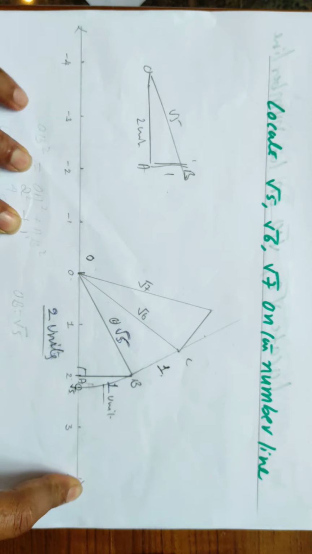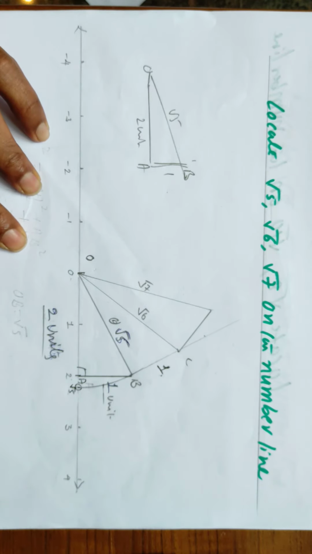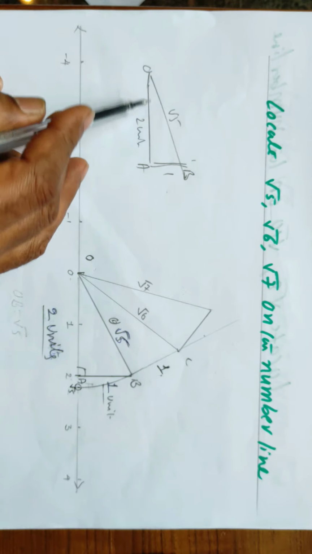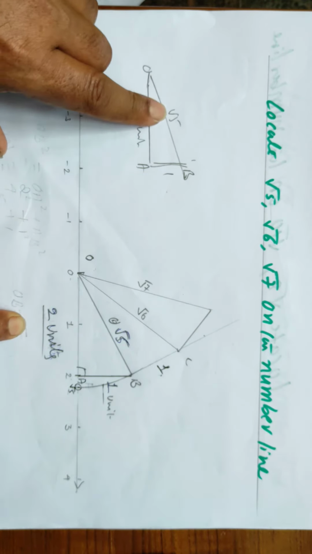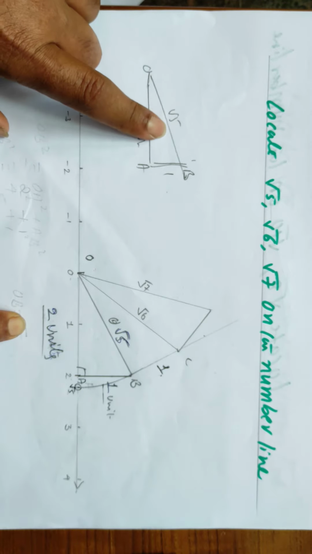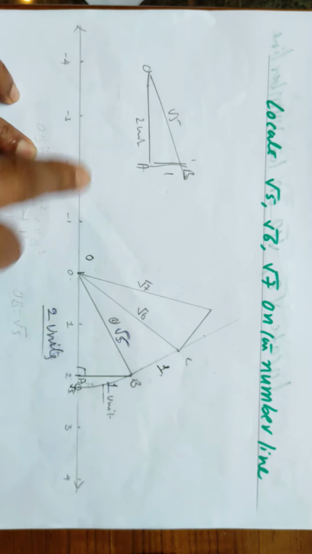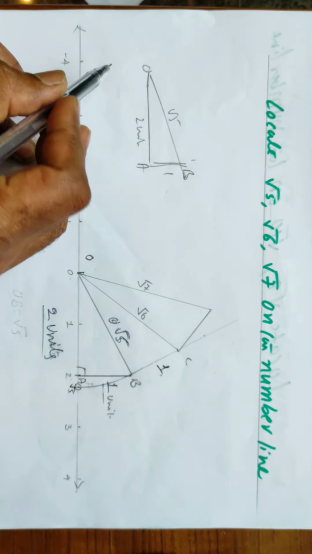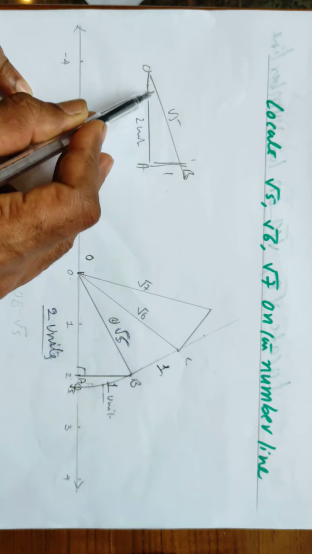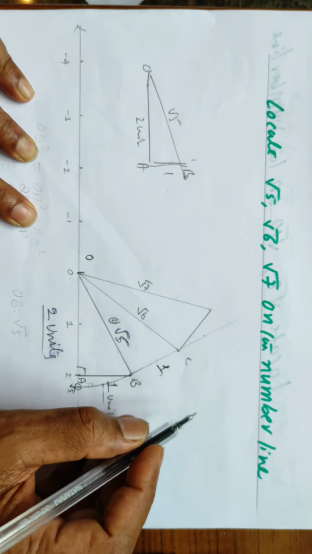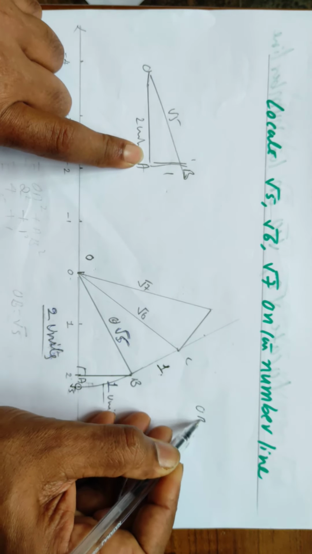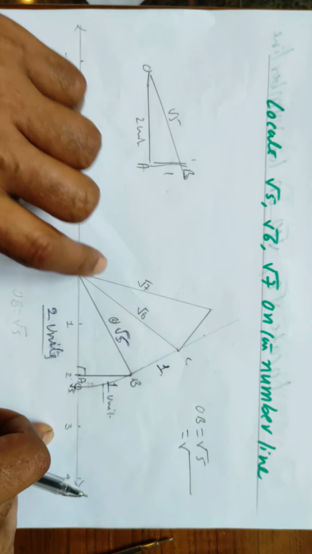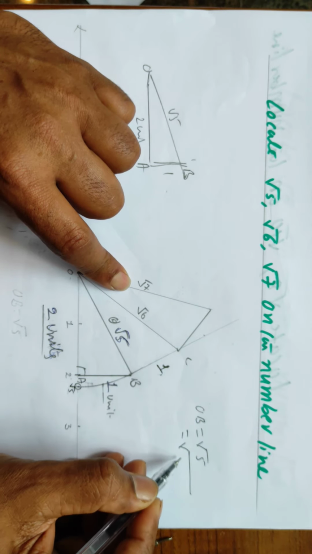Is it not? So now you are asked to locate root 5 on the number line. Let me write one right angle triangle here where the hypotenuse is root 5. The length of the hypotenuse itself is shown on the number line. So let me take root 5 as the hypotenuse. Here, OB is equal to root 5. So try to write root 5 as the sum of the squares of two numbers.